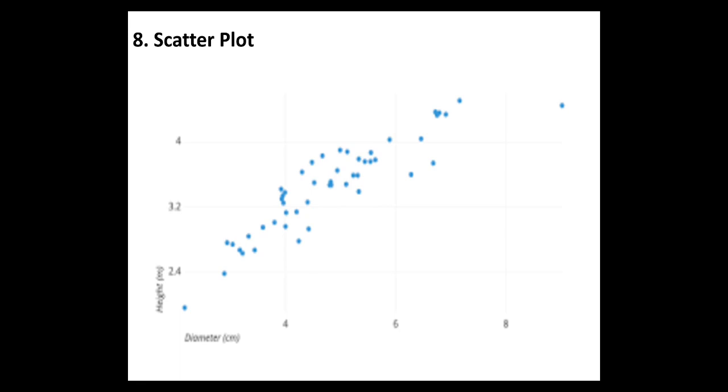Next, coming to the scatter plot chart. Scatter means without any order, spreading over the overall space. Especially we go for a scatter plot to know the relationship between two different variables. A scatter plot chart will show the relationship between two different variables. Scatter plots are useful for quickly understanding if there is any relationship between two variables.